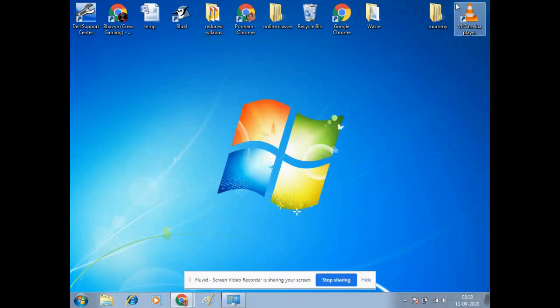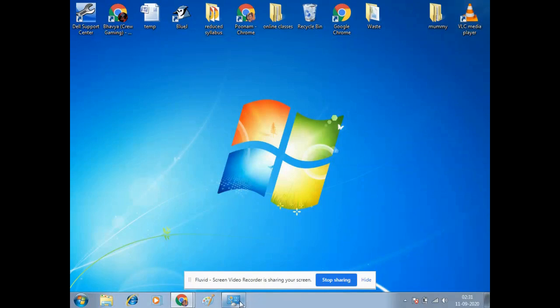Each theme also includes its own set of desktop icons, sound effects, and mouse pointers. So, instead of wasting your time changing the desktop background, screensaver, and color scheme one by one, you can go and apply a single theme.